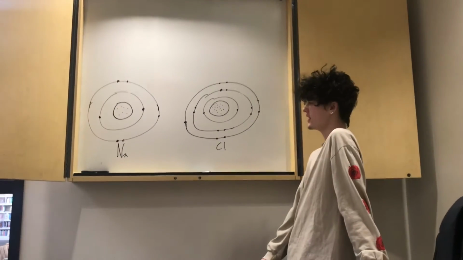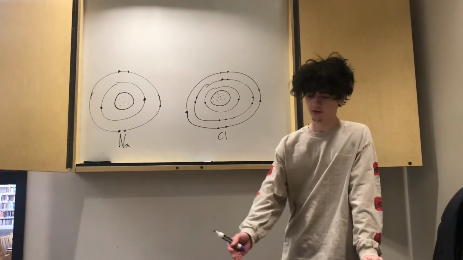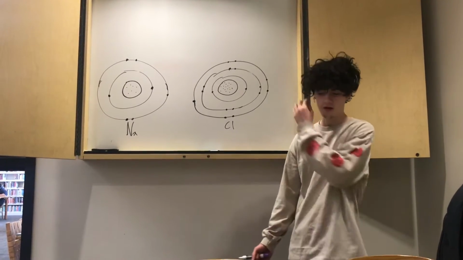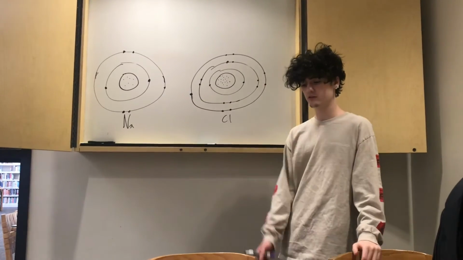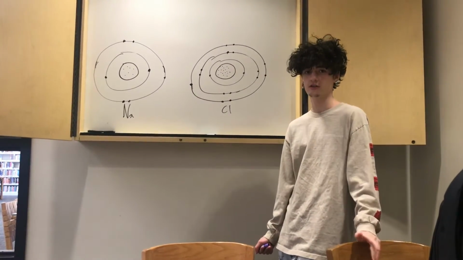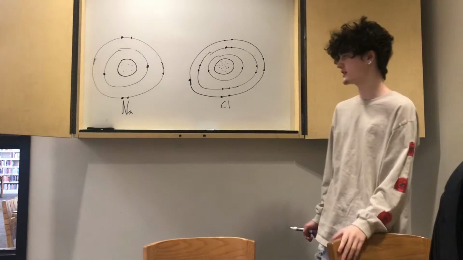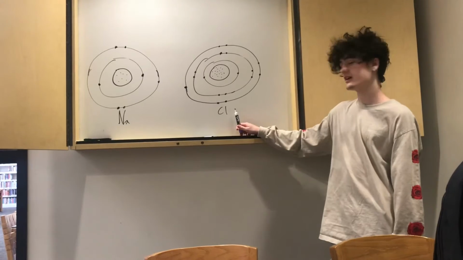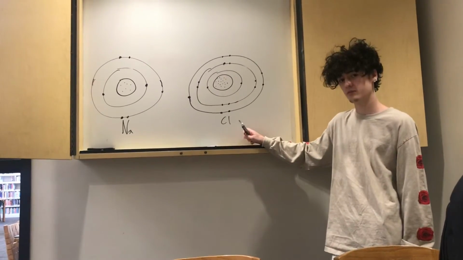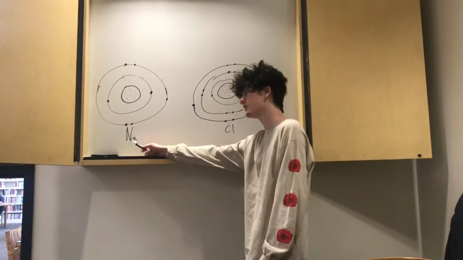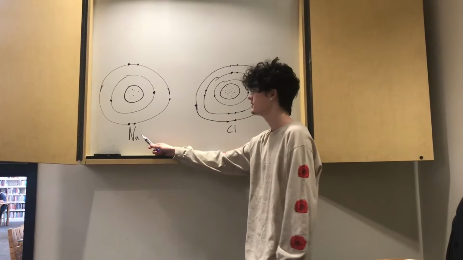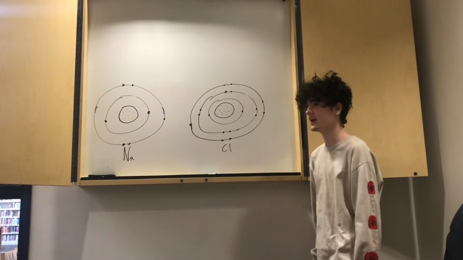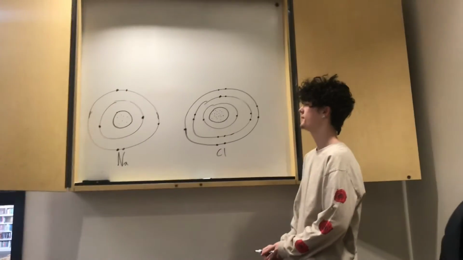Alright, so this is how, in the reaction of Golden Rain, we ended up with two separate compounds than what we started with. As an example, I'm going to be using sodium and chlorine. Chlorine has 17 electrons and protons, and sodium has 7 protons and electrons. And what makes this difference so big is